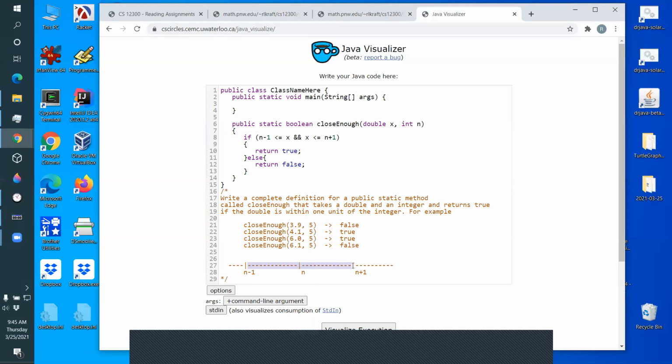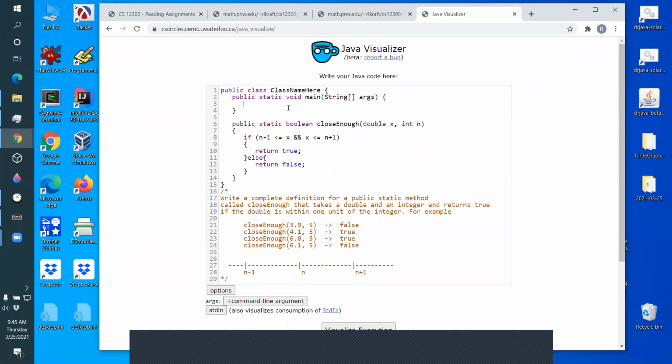So for me, the picture tells me exactly what to write. Okay, x is greater than n minus 1, and it's less than n plus 1. Now if I want to finish this problem, I should do these tests. So take these tests